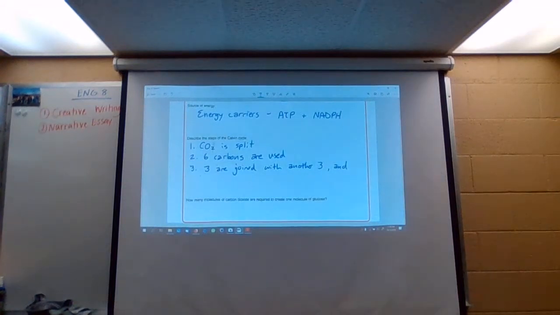And bonded to oxygen and hydrogen. And that's a lot of words, sorry. There's no other simple way to describe it. So the 6 carbons are used, joined together, bonded with oxygen and hydrogen to make glucose,